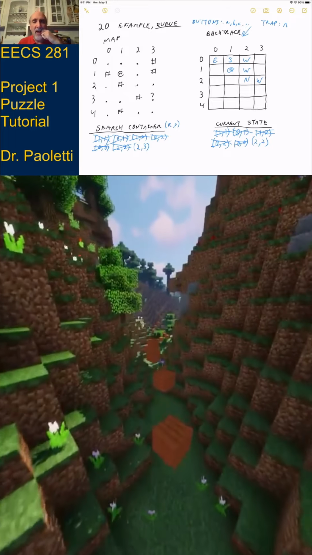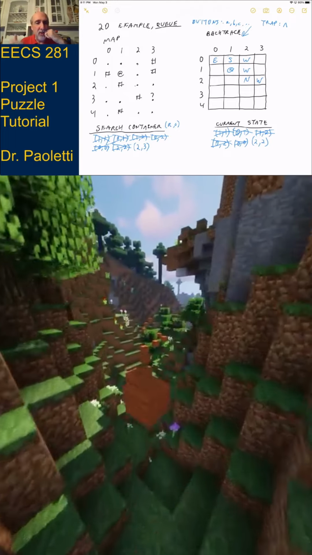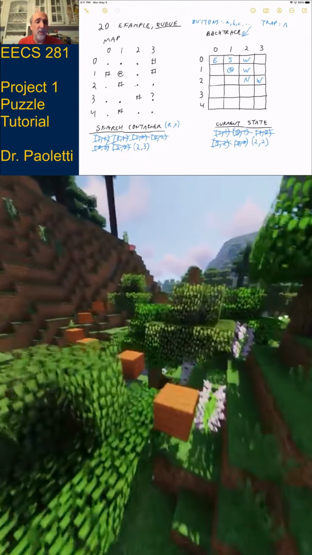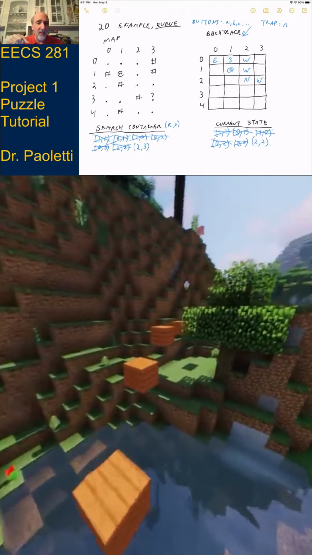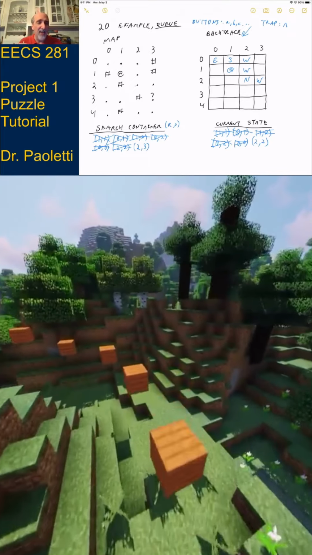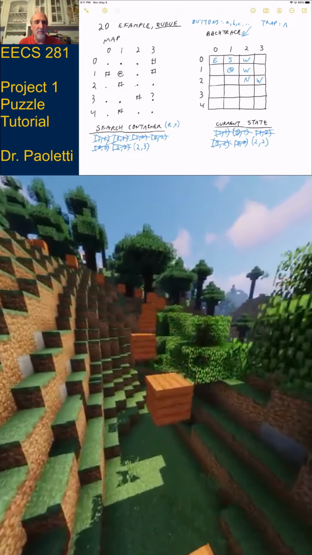All right, so now we keep looking around our current location. We've got to finish investigating our current location, 2, 2. Does south of me exist? Yes. Have I ever been there? No. Is it something I'd be willing to walk on? No, it's a solid wall, so we can't go there.